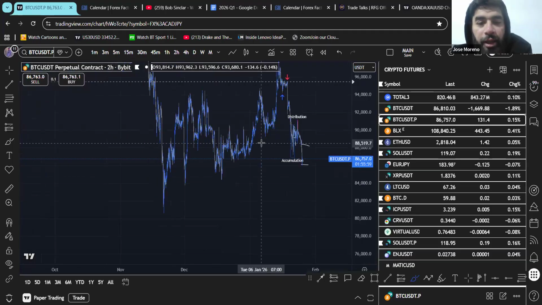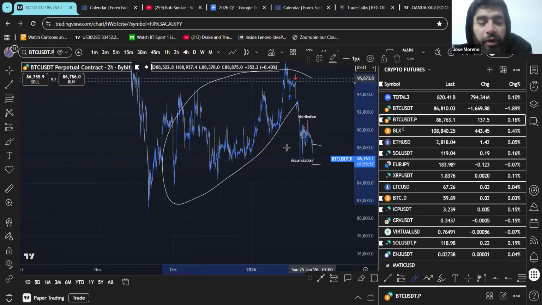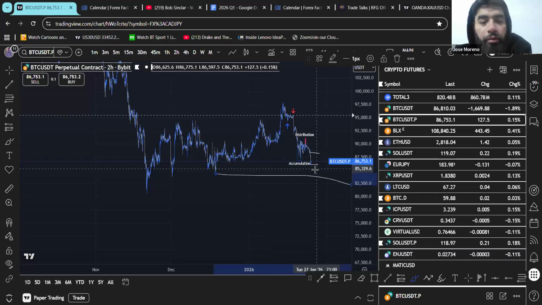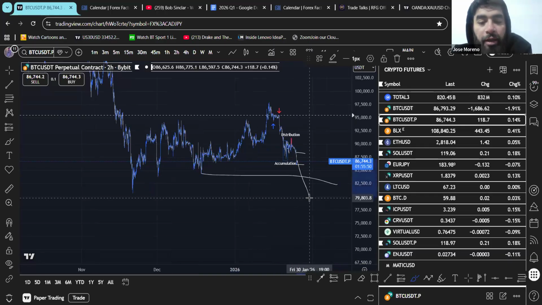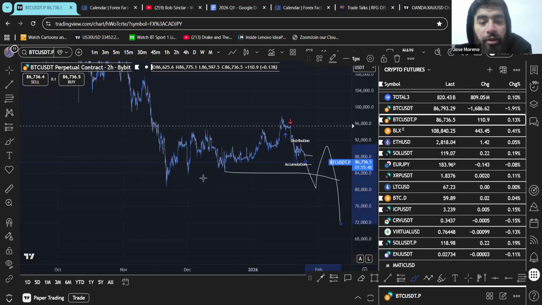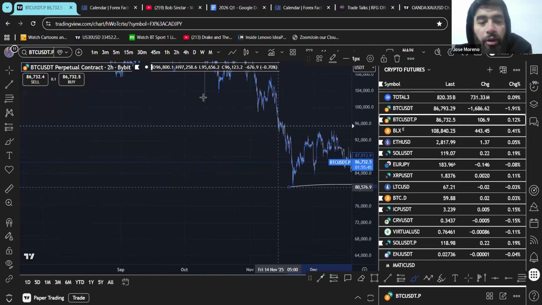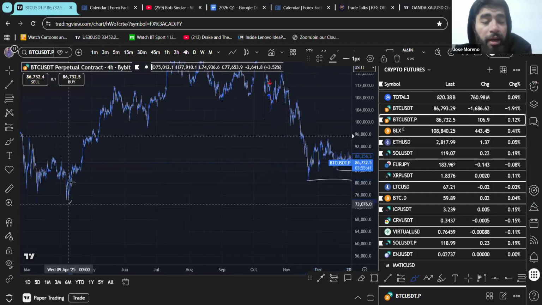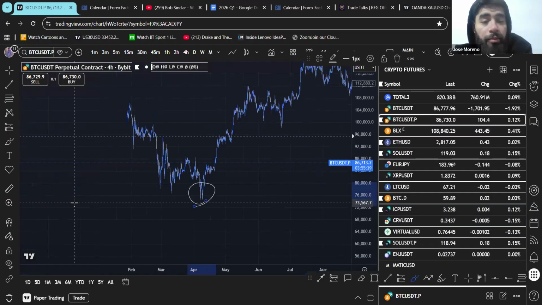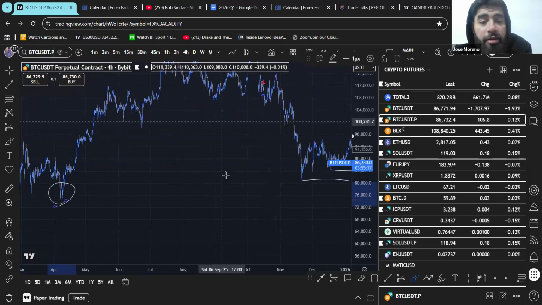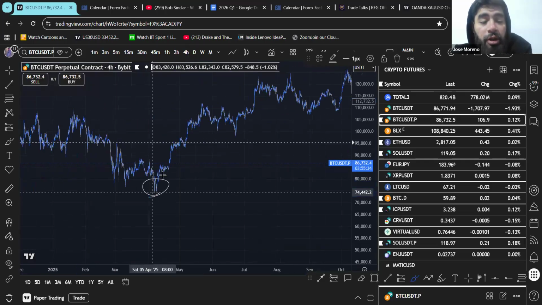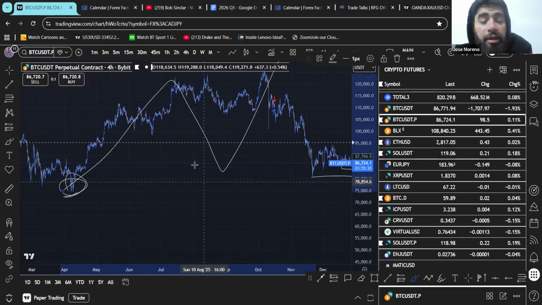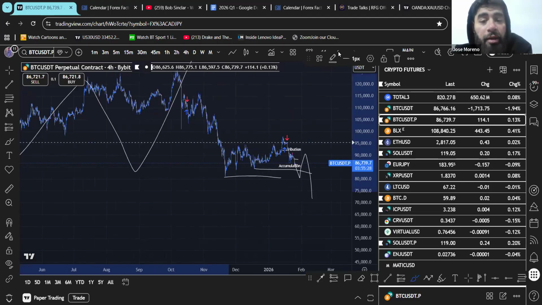But yeah, again, it could be that this whole thing is a redistribution, but if it's not, then we'll probably see this low hold, right? If we see it break, that's going to really confirm for me that chances are we're coming for this low, and honestly, we might even still break through here, right? So again, higher time frame wise, when we're talking 4 hour time frame, until we break this low, we could easily still be in order flow, right? This could easily still be another leg to the upside.